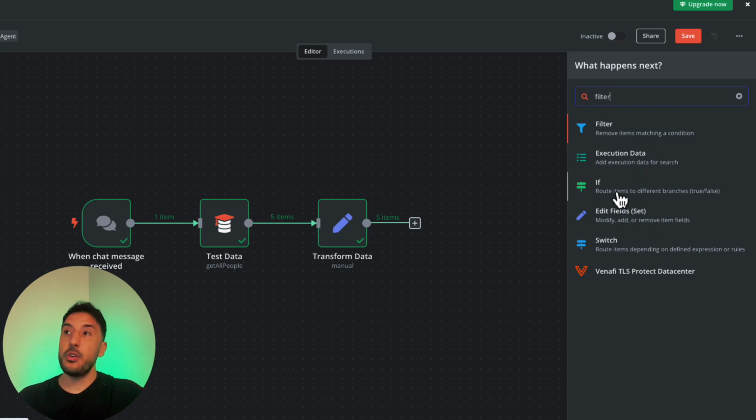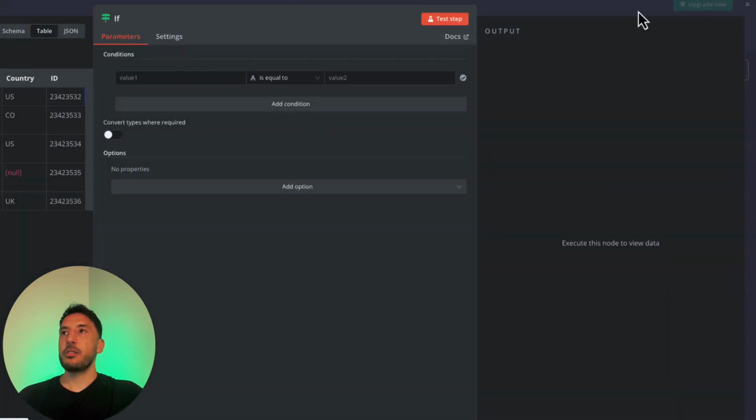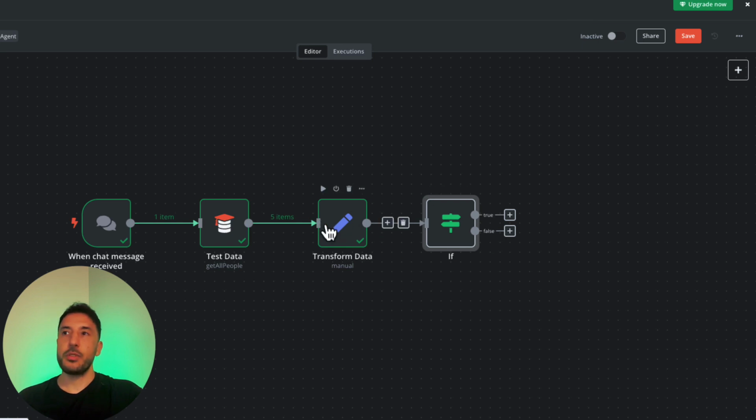You can have an if node, and you can have a switch node. The switch node is extremely useful if you have several criteria that you're defining, because it will output several types of data based on the filtration function that you have given. But let's say I want to use the if node. So I'm going to click on the if node. Let's go back quickly just to see. Yep, now it's connected.